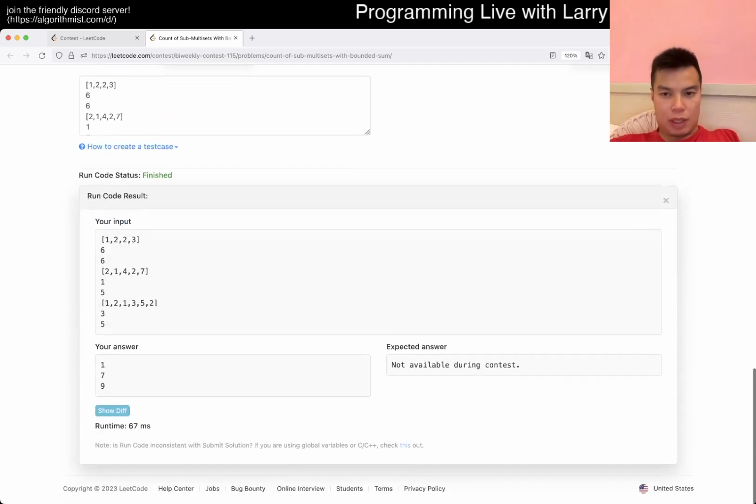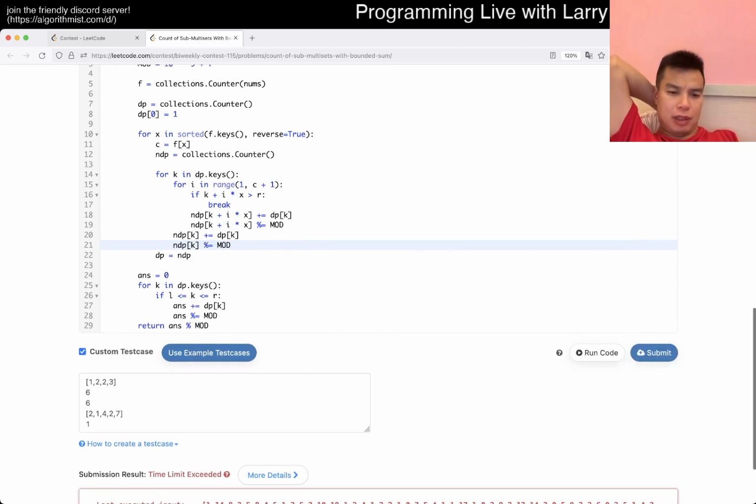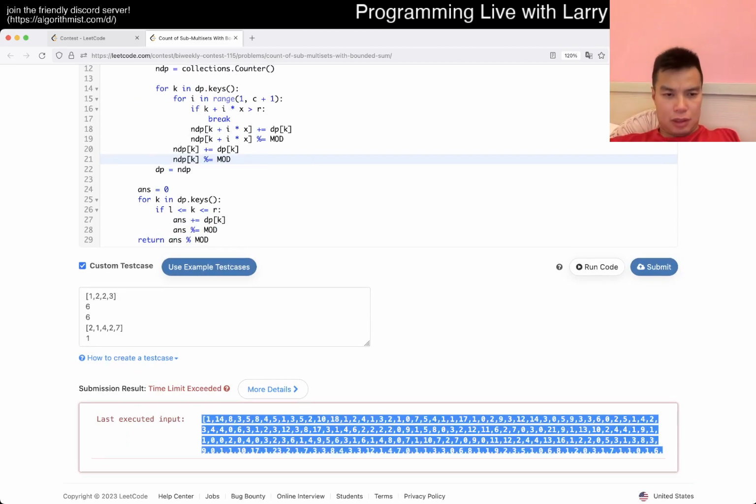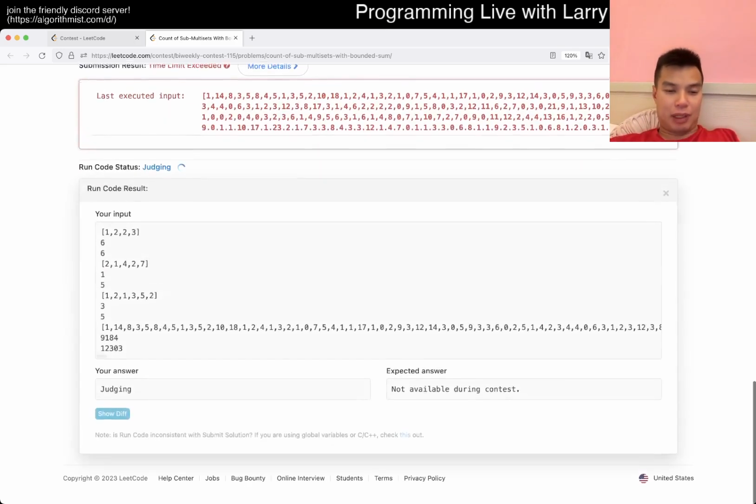yeah, this is probably gonna time out. I'm gonna YOLO submit. If it gives me a wrong answer, at least I'll kind of see what the wrong answer is. I guess it's gonna time limit. Don't know what to do with time limit though, to be honest. Unless they give me, if this time limit's here, then at least I can run it. I guess I could have just checked a big case as well, but